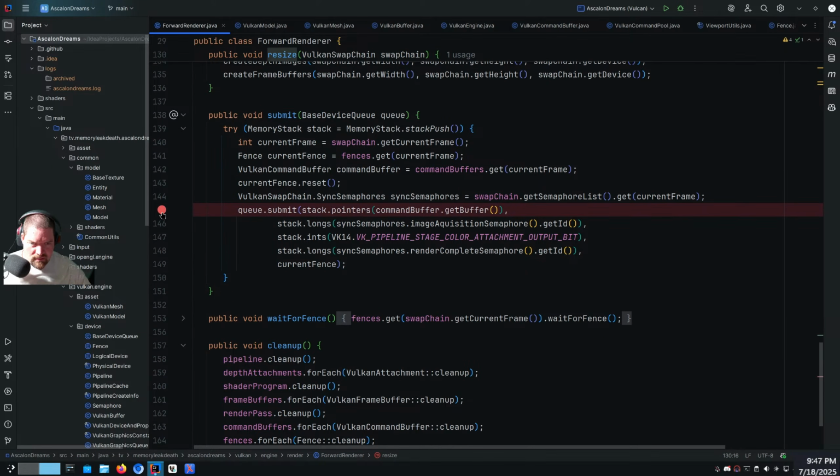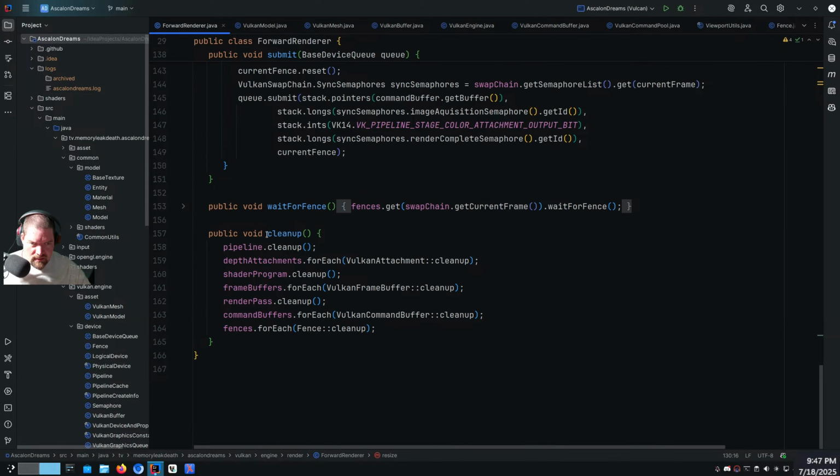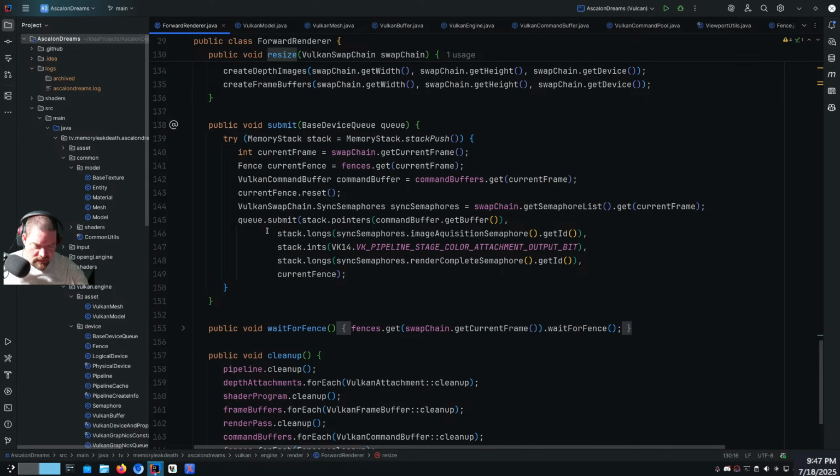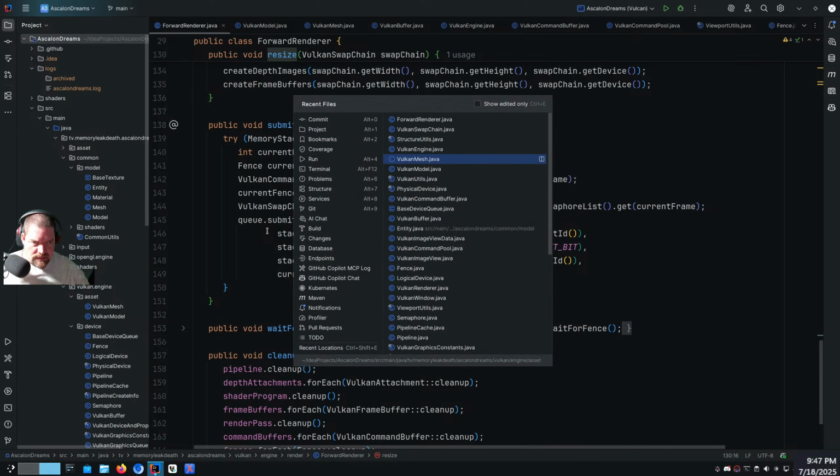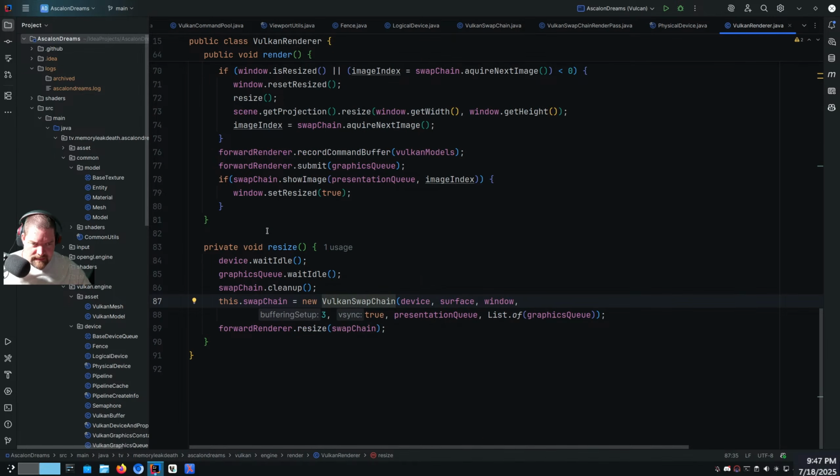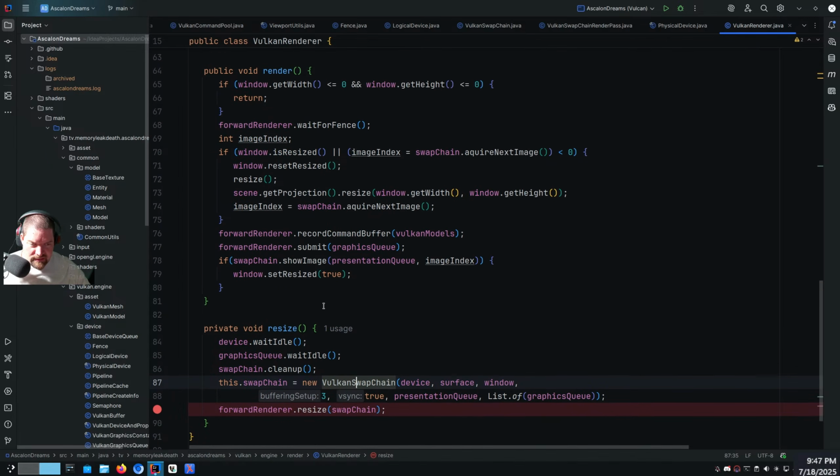No, it wasn't forward renderer. It was Vulkan renderer, wasn't it? Yeah, resize. My assumption here is that this resize is getting called again, and then it's just kind of crapping out. So I'm going to put a breakpoint here,